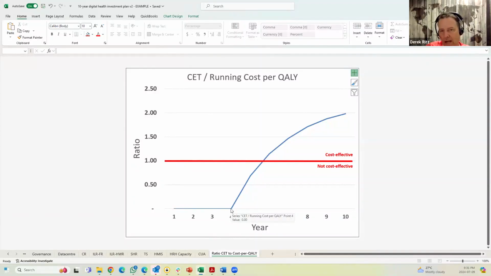And on a running cost per quality basis, meaning that you have to get all of your money back for all of the things that you spent in the first 4 years and all of your operating costs, you immediately start getting benefit. And by year 6, you've recovered every penny. And by year 10, the economic value of an investment in digital health is that you get $2 back for